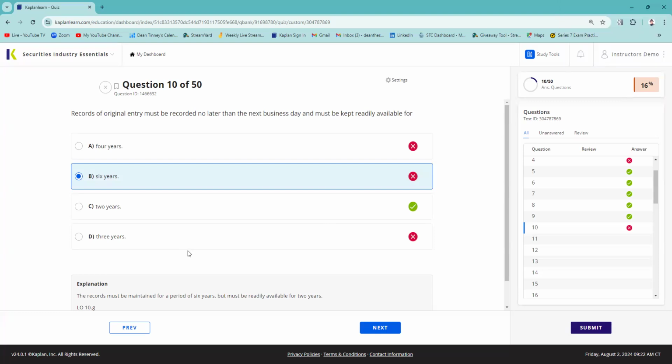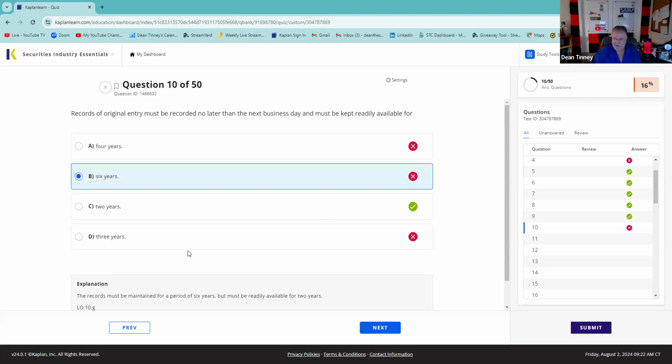If I would have asked record retention, you would have been correct. It didn't say record retention. It said readily accessible, and that is 24 hours. That's 2 years. If I'm a regulator, I come in, Allison, and say, I would like to see this record, and you created that record within 18 months, I say, Allison, I'll be back tomorrow at 10:22, and I expect you to have that record. So this is about readily accessible.